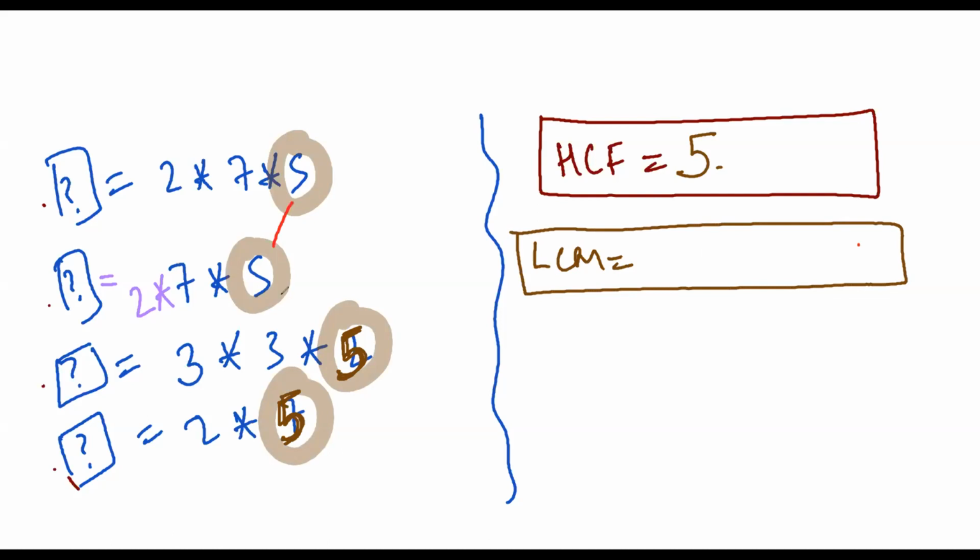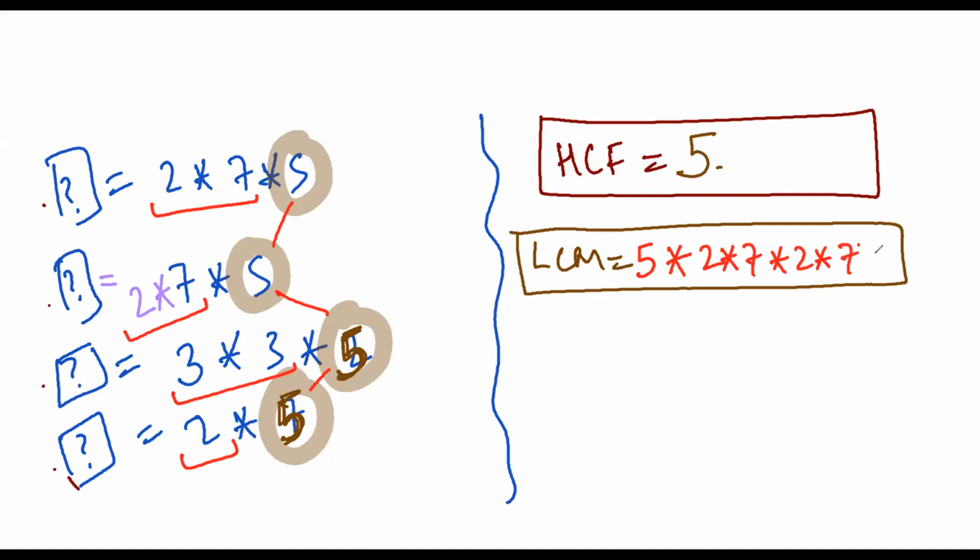Shabash. So 5 is the common. I write 5 first. Then I write all the rest of the numbers. 2 into 7 into 2 into 7 into 3 into 3 into. Mr. Sarthak, is it okay? Yes, sir. Have you understood? Yes, sir. Now, what I'm trying to tell you is that if we find this number,